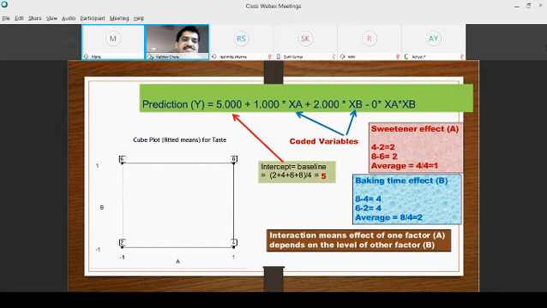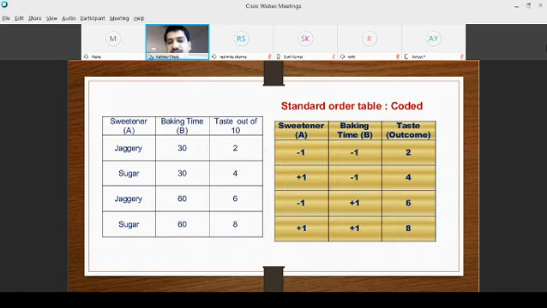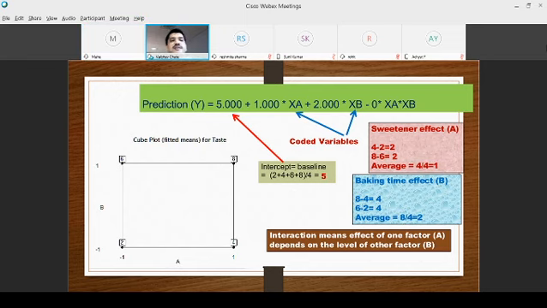So this particular 5 is nothing but what? The intercept or baseline. When we consider a linear model, y is equal to a plus c, so this is nothing but the intercept. How did we get this 5 value? That is 2 plus 4 plus 8 plus 6, that means 14 plus 18, 20, divided by 4. How many values are there? There are 4 values, so we'll just take the average. 2 plus 4 plus 6 plus 8, the total value is how much? 20. 20 divided by 4, we get 5. That means the first value required for the mathematical equation we have developed.